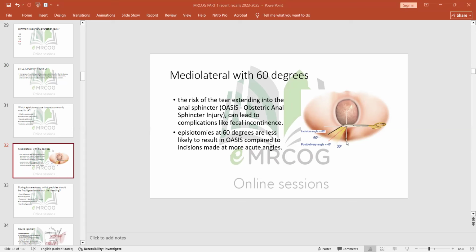When everything is going back to normal, you are going to find the repair is very near to the midline. When you do it at 60, after repair, you are going to see your suture here at this side. So take care, because this is very unique to the RCOG. I know that everyone everywhere is saying 40. Yes, it is 40, but this is what we want to have, not what we are going to cut at. So we are going to cut the episiotomy at 60 degrees.